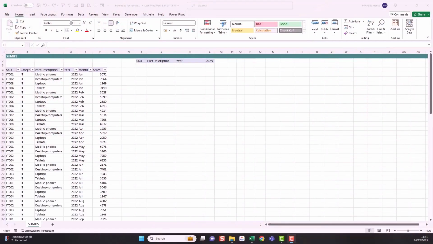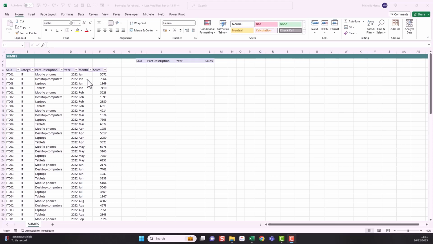SumIfs is a useful function. I use it a lot. There's also AverageIfs, CountIfs, MaxIfs and MinIfs. I'll mainly focus on SumIfs as that's the one you probably use more frequently. I'll touch on the others towards the end, and I'll also show you a pivot table which will give you